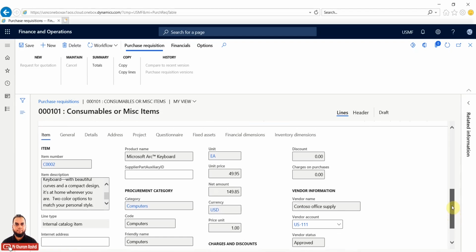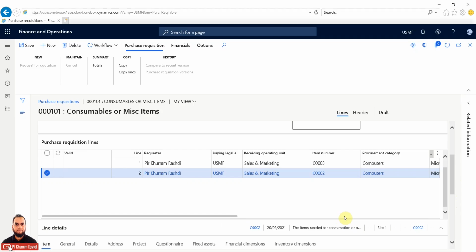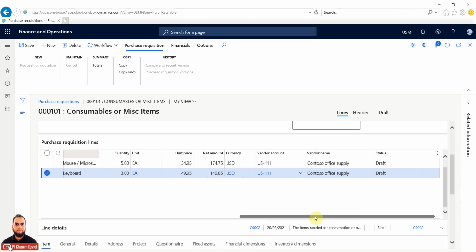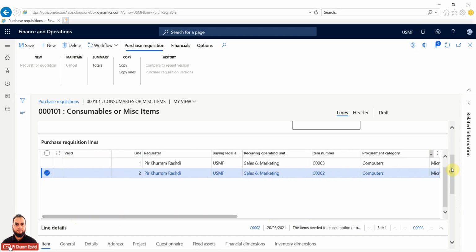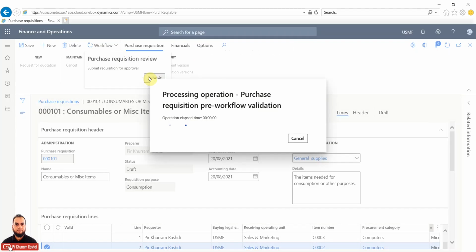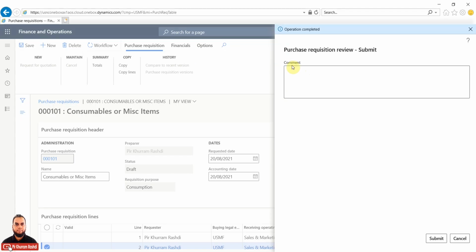The basic data or default data is already set up, so these data are coming from the product form in the product information module. So these are two items, and I just need to go ahead with submission of my request. So I will go to the top fast tab, and in the workflow I can select the button submit. Once I select this button, a dialog box will open for certain comments as an originator. If I want to, for example, put my comments here,